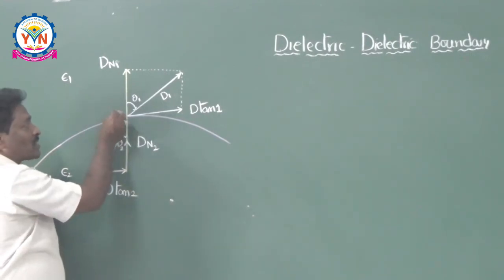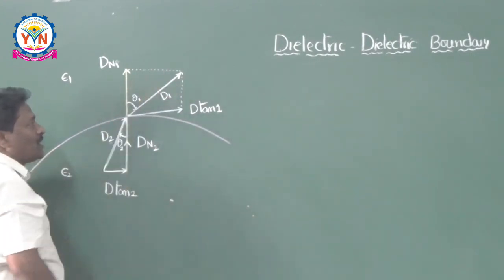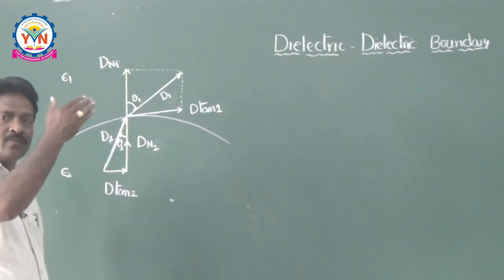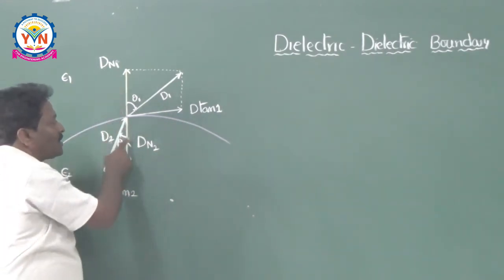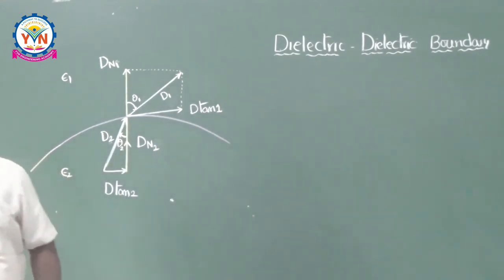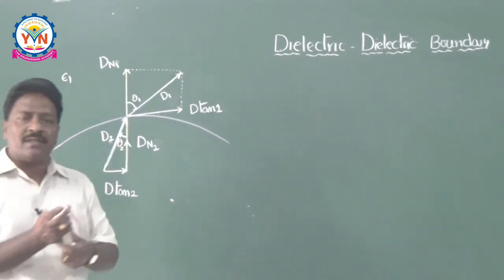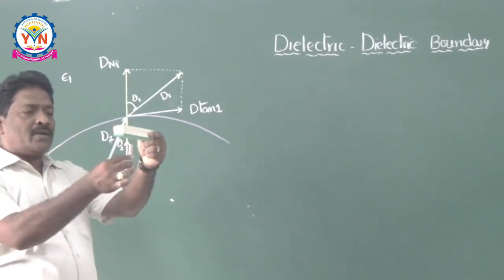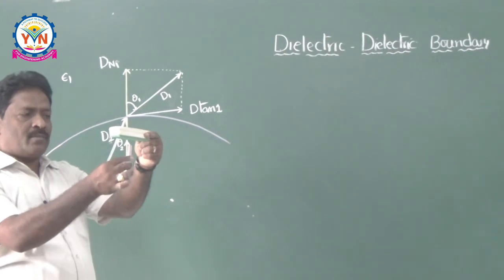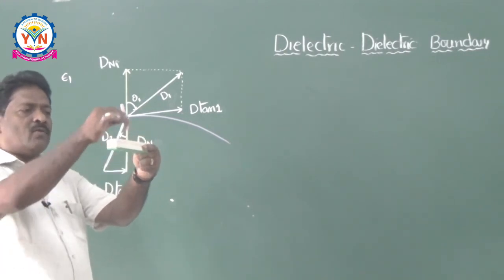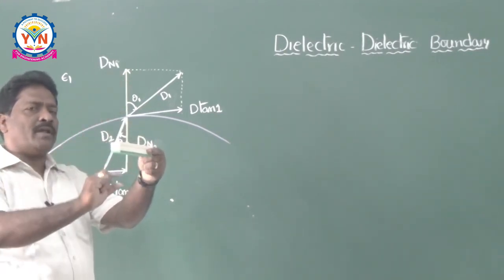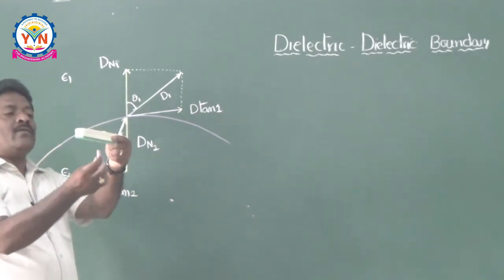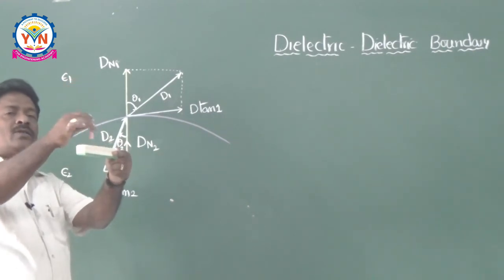So just now we have discussed the boundary conditions of the dielectric to dielectric boundary. What we have done is Dn1 is equal to Dn2, meaning normal component of D is continuous across the boundary. This is the boundary, dielectric to dielectric. The normal component of D is continuous means whatever comes from below to the boundary leaves the same. This is medium 1 and medium 2, this is epsilon 1 and this is epsilon 2. So Dn1 is equal to Dn2.